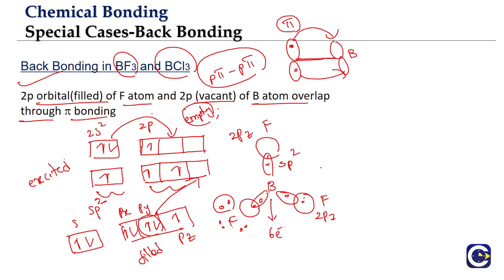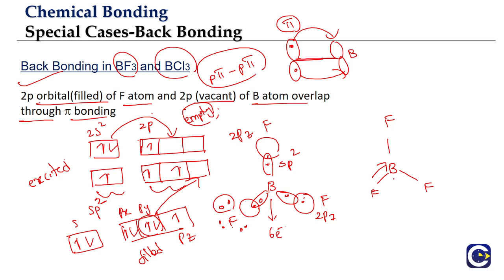Okay, now if you look at the representation, how are we going to represent it? Look at it. So we'll have fluorine and another fluorine. Just one fluorine is sufficient to form the back bond, so that the boron will be able to reach the octet. Look at it. If this fluorine is able to form the back bonding, the coordinate pi bond with the boron will be able to reach the octet. Okay, and that stabilizes the BF3 in a way.